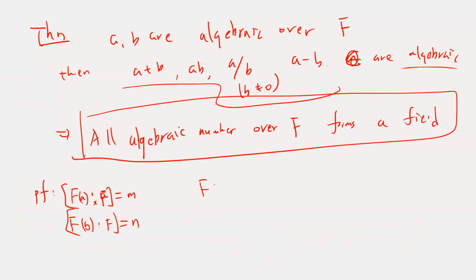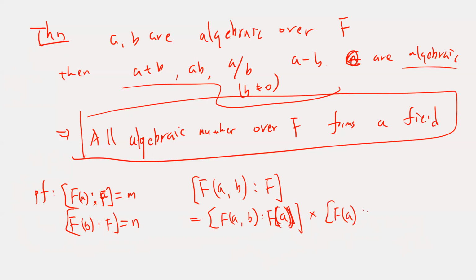And I want to ask what is F(A, B) over F. F(A, B) over F will be just F(A, B) over F(A) times F(A) over F. And then this is just some finite number, right? And this is also a finite number, right? Because this is just less than